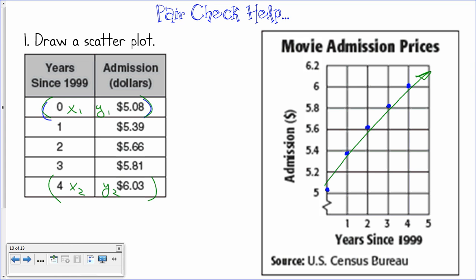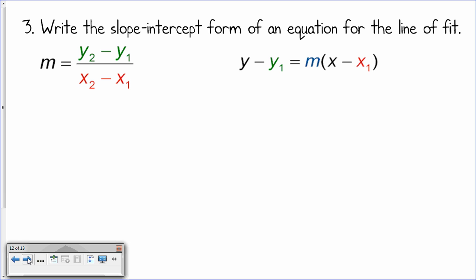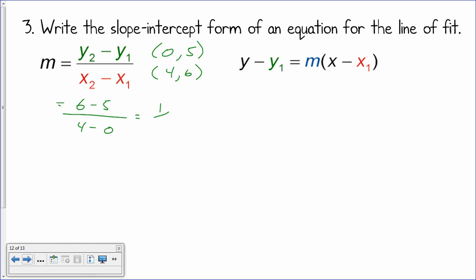All right, so now, going back, you guys can remember those numbers for me. Okay, so now, we said our numbers were what? 0 and 5. 0, 5, 4, 6. Okay, so 6 minus 5, 4 minus 0, 4. So 1 over 4. Okay, now, what point would I use for y1, x1? The first. Yeah, I just use the top one. Okay? Now you just plug all your stuff in. Y minus 5 equals,